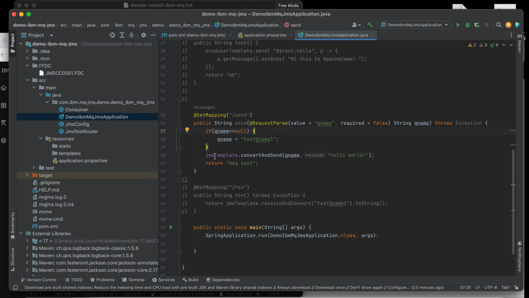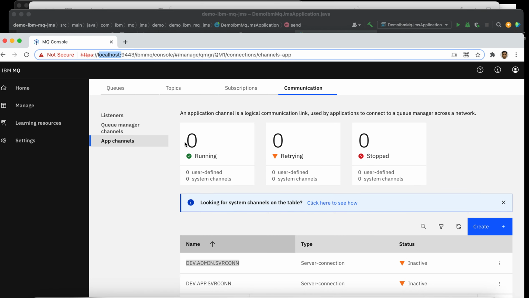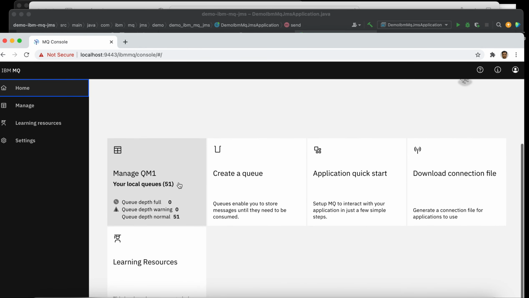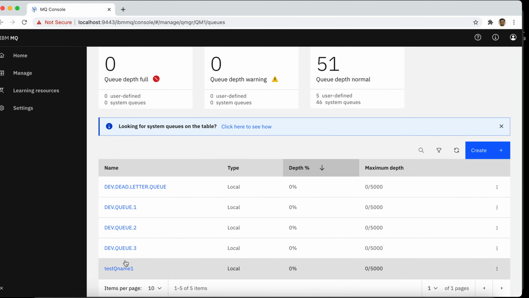As you can see here, I call the JMS template to send a message. For the queue name, I have a little logic here: if I don't pass the queue name, the default will be test queue name 1. This one I created earlier, as you can see here in manage.